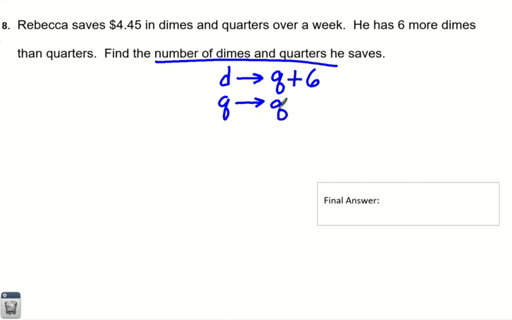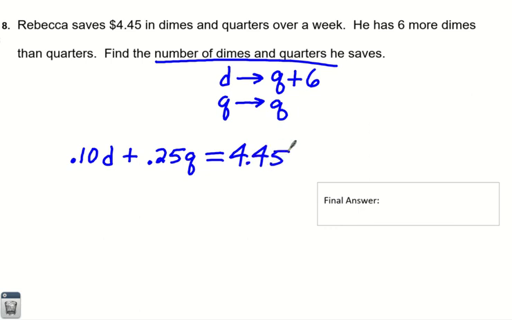So now we can do the 4.45 thing, where it's 0.10 times D plus 0.25 times Q, right? If you multiply 10 cents times the number of dimes, you're going to get how much money in dimes. And if you multiply 0.25 times the number of quarters, you're going to get the amount of money in quarters. And when we add all this up, we're supposed to get